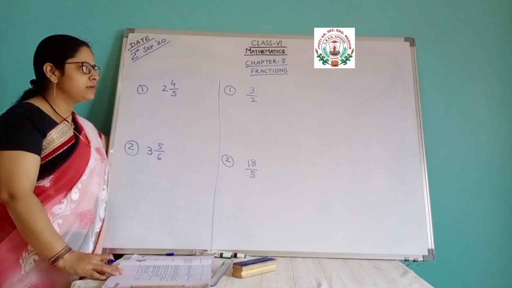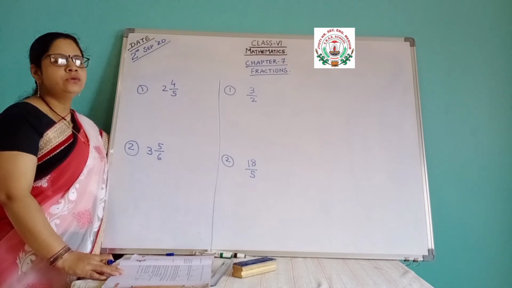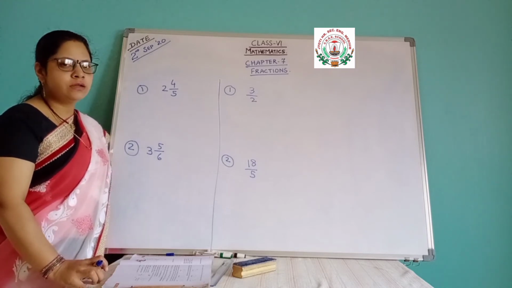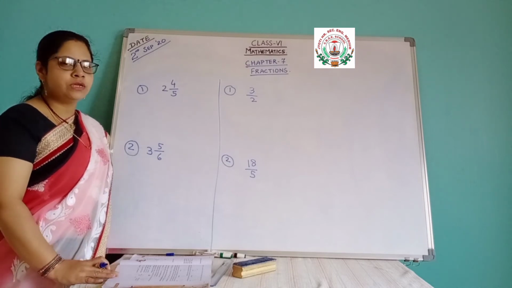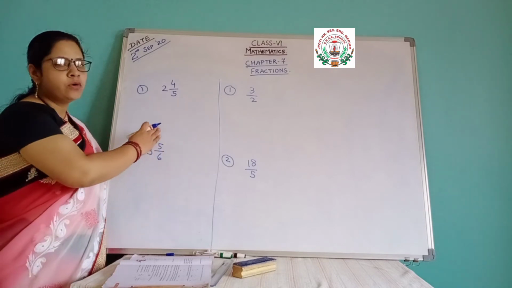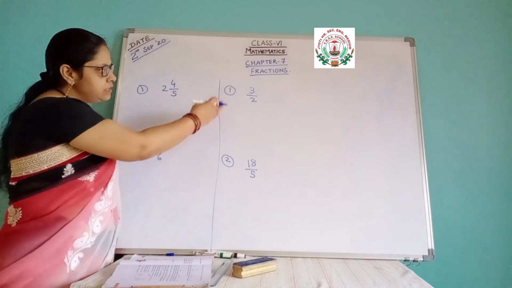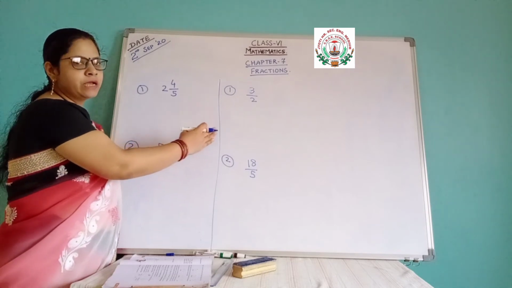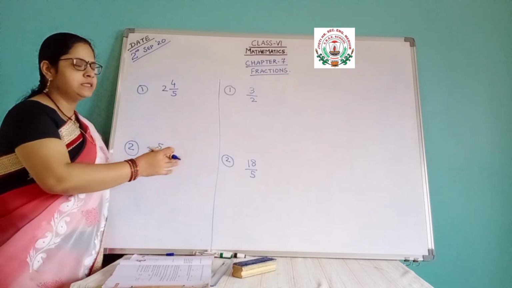Now here we are studying about mixed fractions, how to convert this mixed fraction to the combination of the whole number and proper fraction, which I have told yesterday also and in the beginning of this video also, that the mixed fraction is the combination of the whole number and one proper fraction. So here we will see how to convert this into improper fraction, and here we will see the reverse of that. These are the improper fraction, numerator is greater and the denominator is smaller. How to convert this improper fraction to the mixed fraction. Both ways we will see.